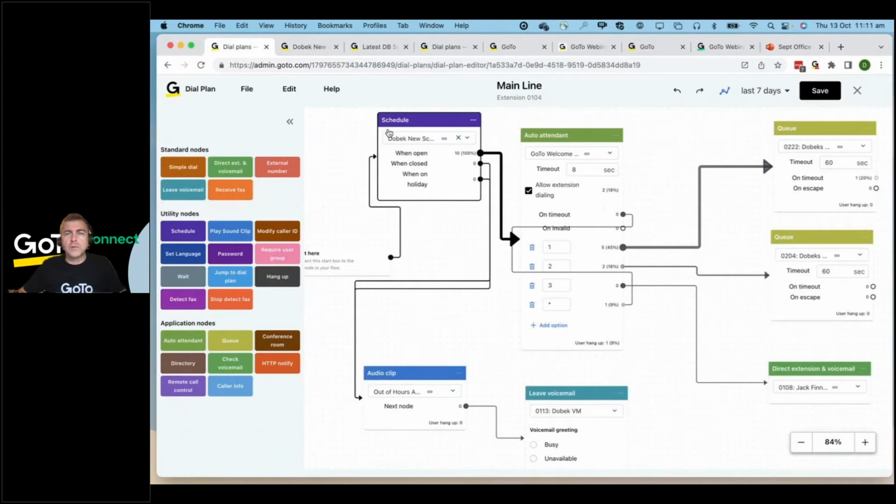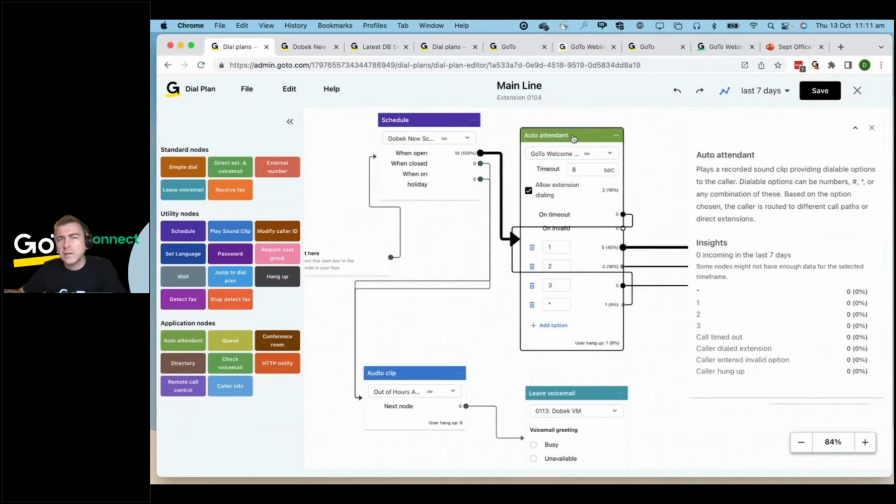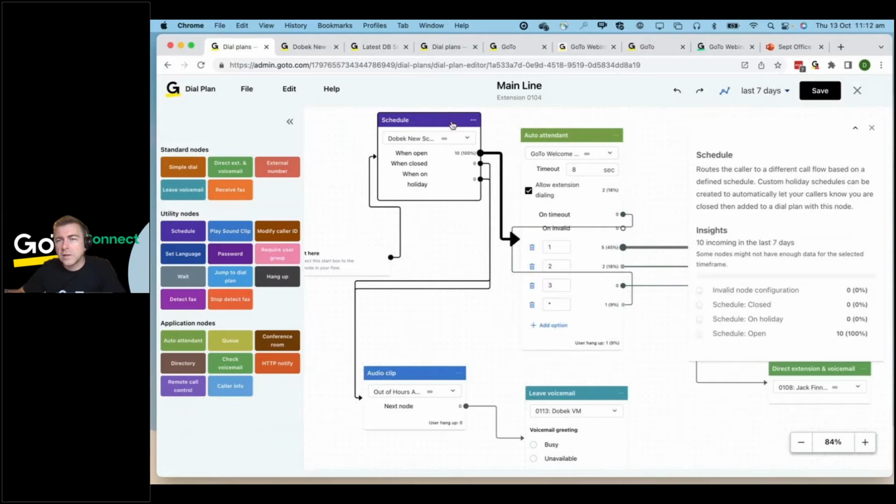Before I head off, I'm going to show you a couple of other things. So one of the things that you can have in this help file over here is show info. So when I click show info, what it actually does, it selects whatever widget I select, for example, auto attendant, and it explains to me what it does. So it plays a recorded sound clip, providing the options to select numbers, and it gives me the insights. So 11 incoming calls in the last 7 days, pressed star once, one 5 times, etc. So these insights are really useful to be able to get that information,